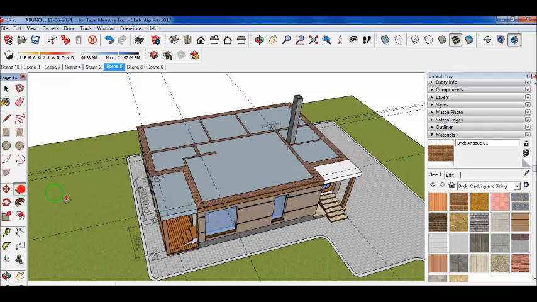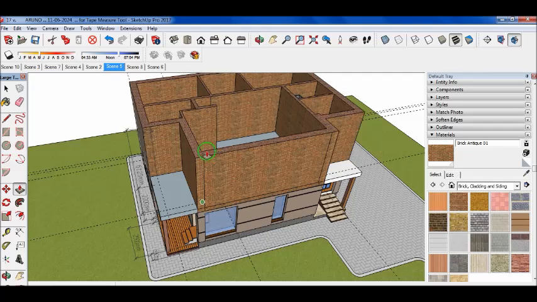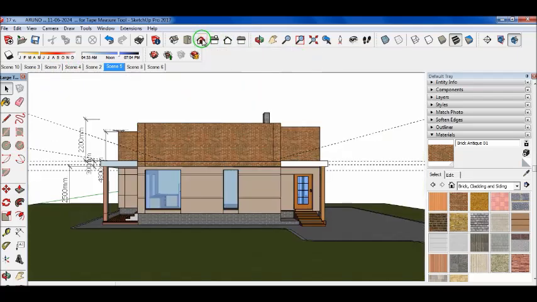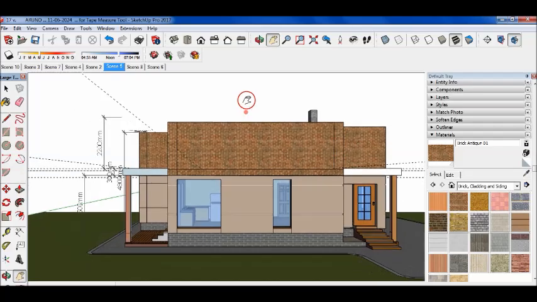Let's do it. All walls, move up, enter on keyboard 2200, hit enter, and as you can see, let's see from this front view. Yes, I have now the second floor,